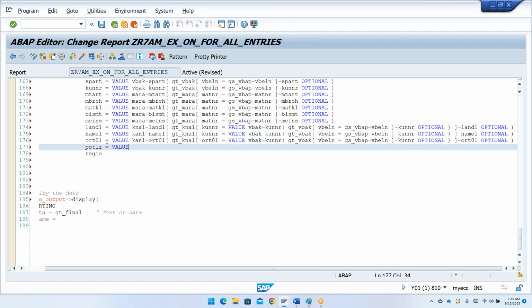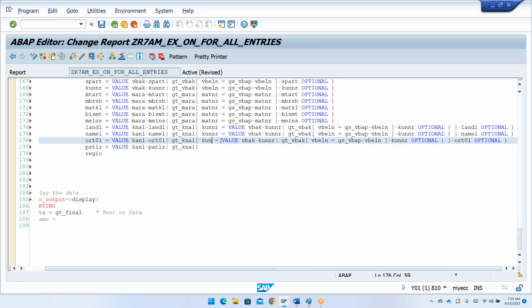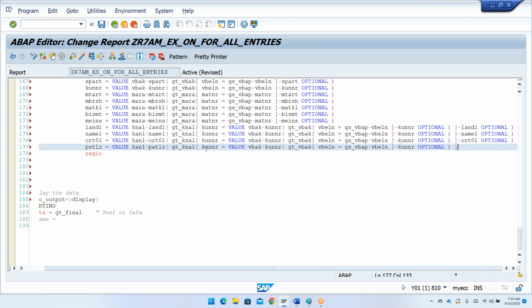And next, the same thing, value #( kna1-pstlz is equal to gt_kna1, and this is also KUNNR only. Sorry, my bad. KUNNR. I'm just going to copy till here. So now hyphen PSTLZ optional. And now what I need to do, I'll just go ahead and say for my region,